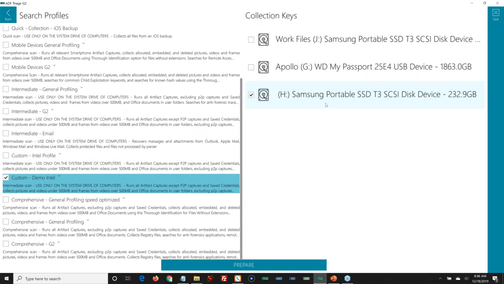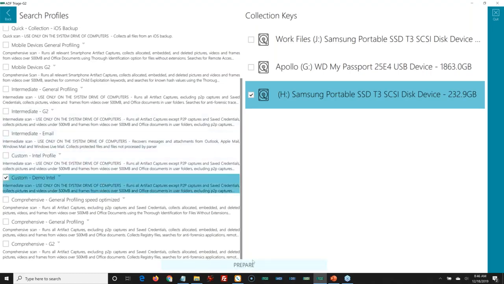Same thing here, if I'm setting this up for multiple people to go out into the field, so I'm the person in charge of creating the profiles and building the keys, I can plug in 4, 5, 6 keys at a time, as many USB devices or ports as I have, and prepare them all at once. I don't need to do them one at a time. So I collect that, I hit prepare. It then makes this USB device bootable, also with the ability to run live on a Windows machine.